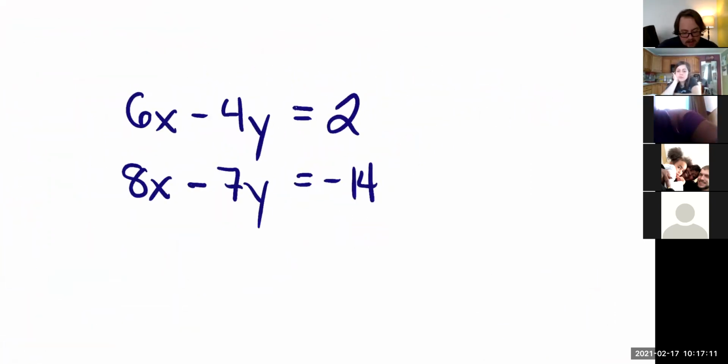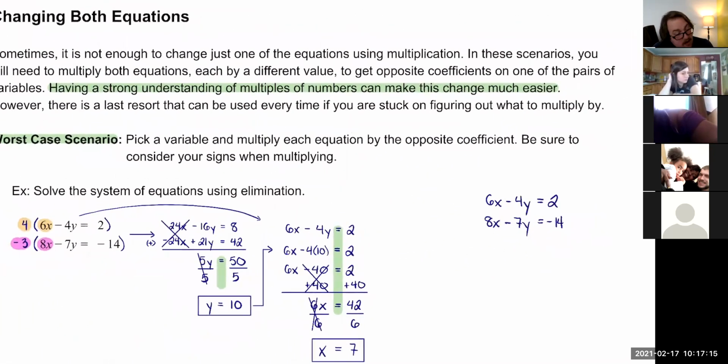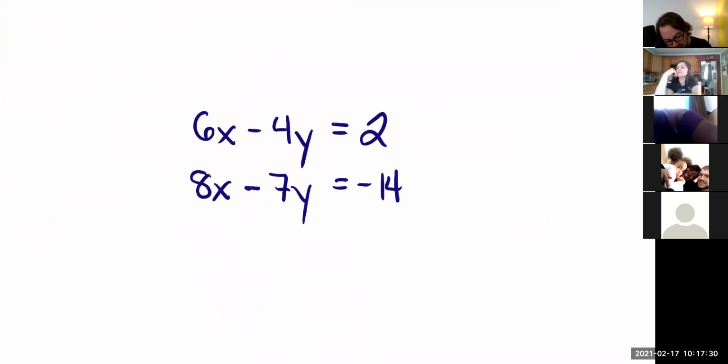So the worst case scenario, I should show you here real quick, says that if you're stuck, pick a variable and multiply each equation by the opposite coefficient. Be sure to consider your signs during that multiplication process. So if they're the same signs already, one of them will have to change, so on and so forth. But what that means then